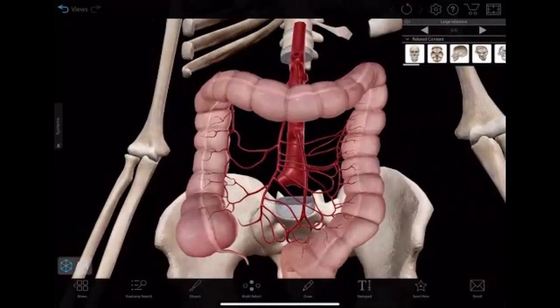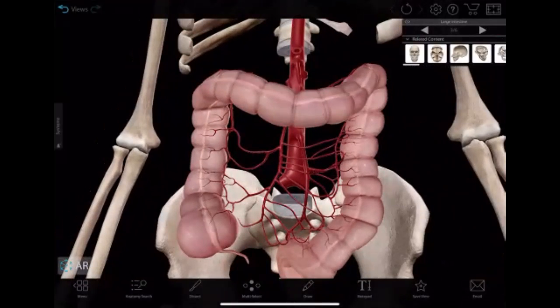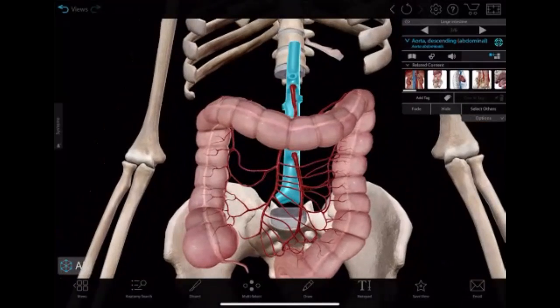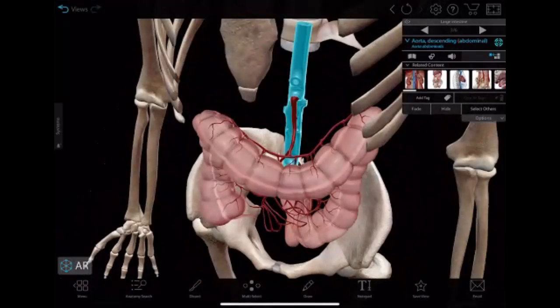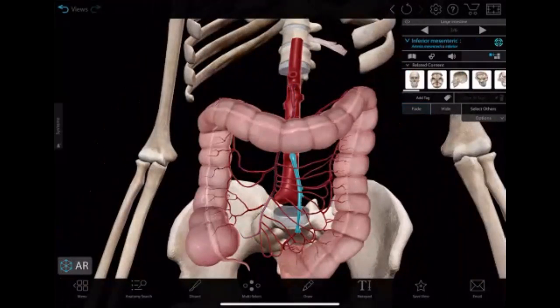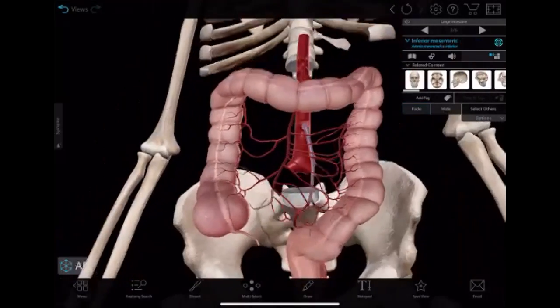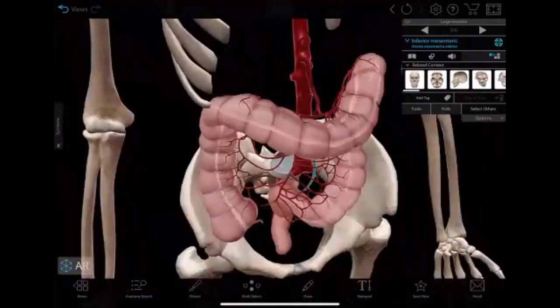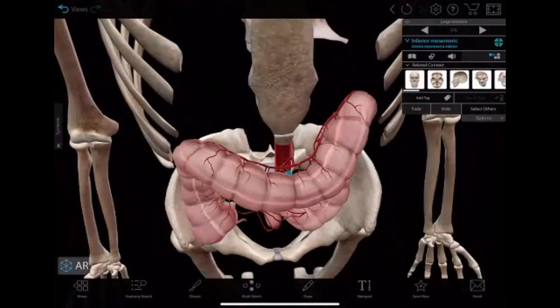Okay. So this one, aorta, right? Aorta giving this one being the superior mesenteric artery and this one being inferior mesenteric artery. Superior mesenteric artery has this one being the